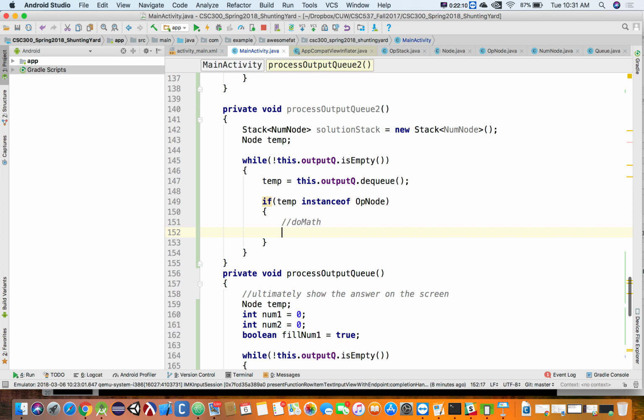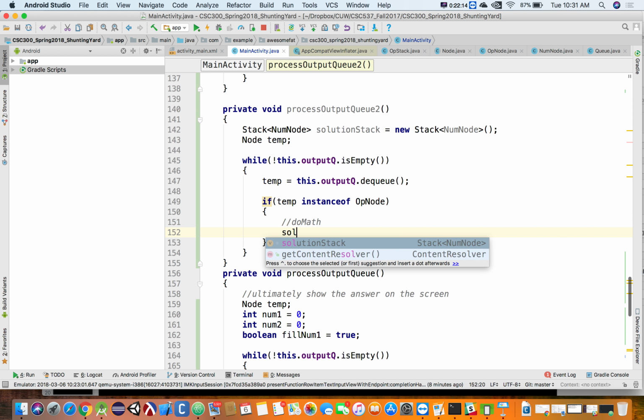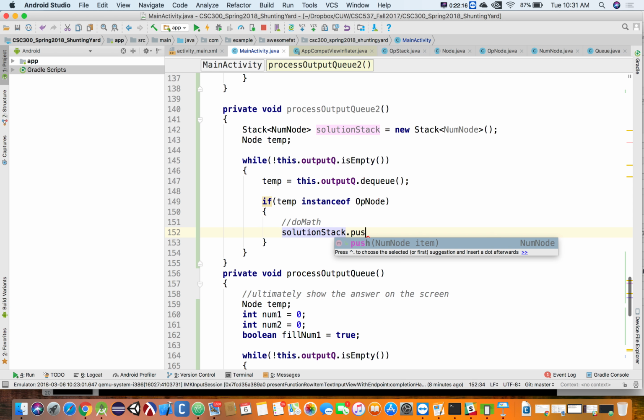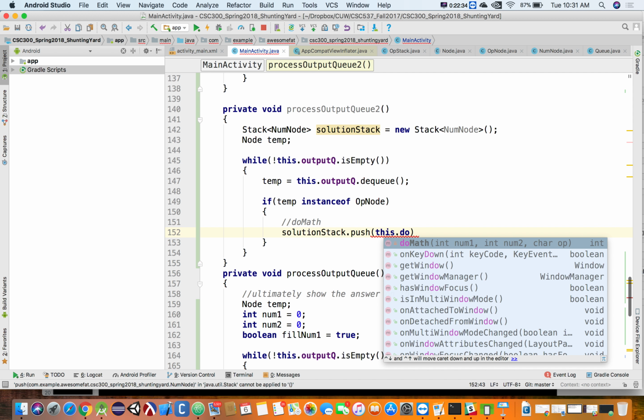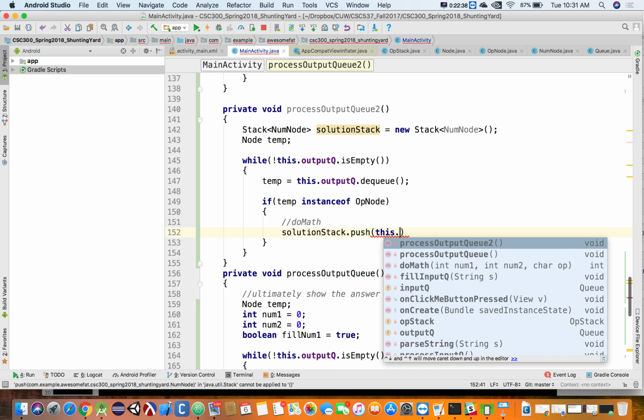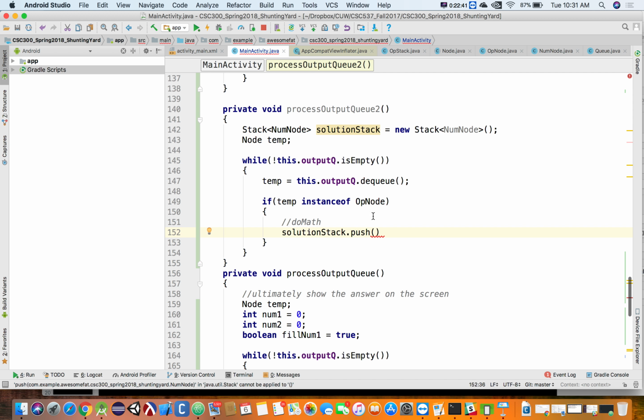So if it's one of those guys, we're going to do some math. The math that we're going to do is going to be, so we're going to say solution stack. Well, let's go ahead and get our answer first. Otherwise, well, here, let me write it the long way first. Then we'll see that that maybe is a little bit aggressive. So solution stack dot push. So we're going to be pushing something onto the solution stack. What are we going to be pushing onto the solution stack? The result of this dot. Oh, actually, that's going to return an int. So I need to rewrap it as a